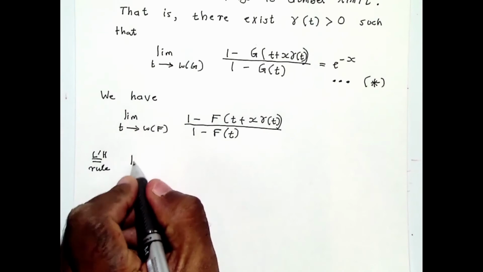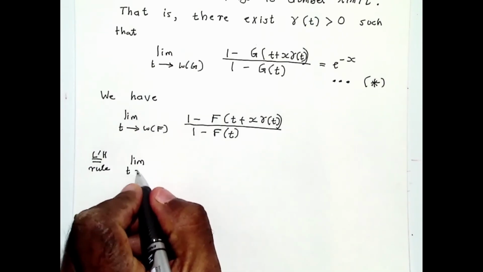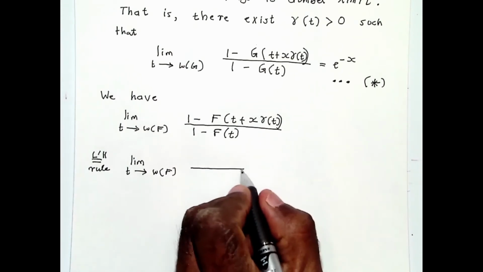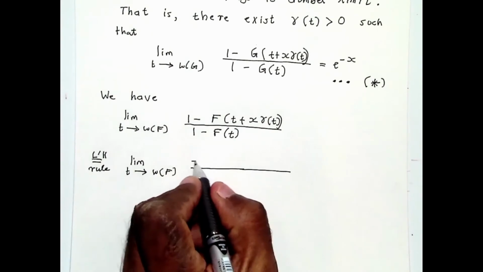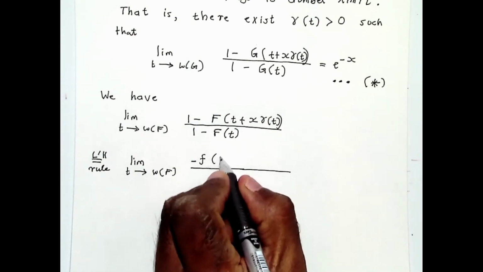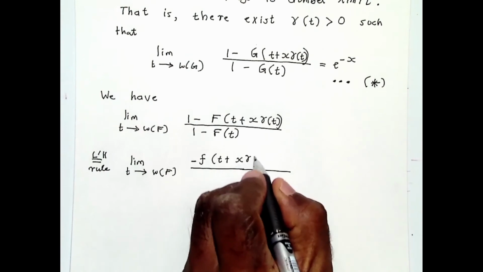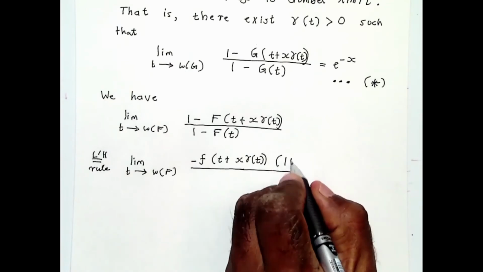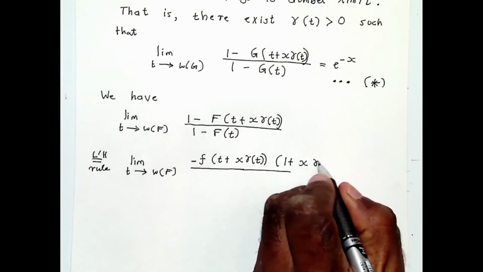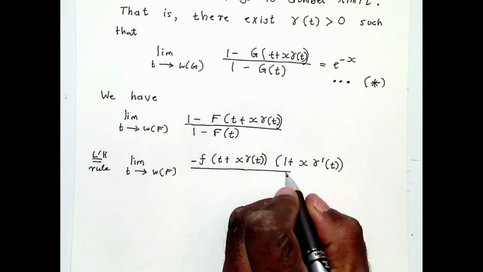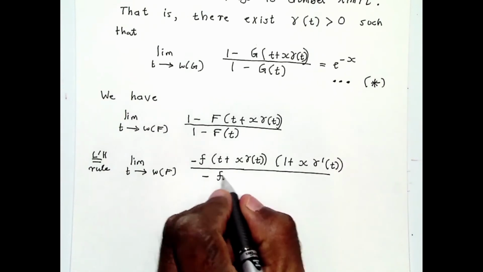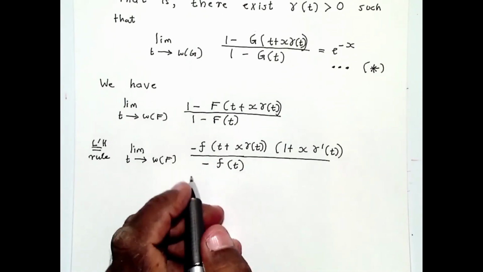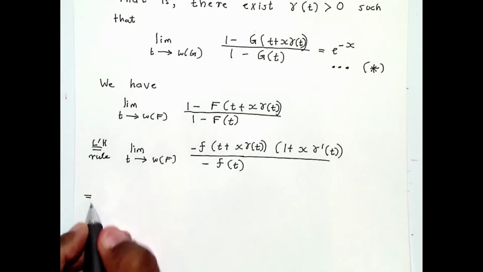Right? So you should differentiate the top and the bottom with respect to t. This is what you will get. Okay. Now the two minuses cancel out, right? So you get the limit